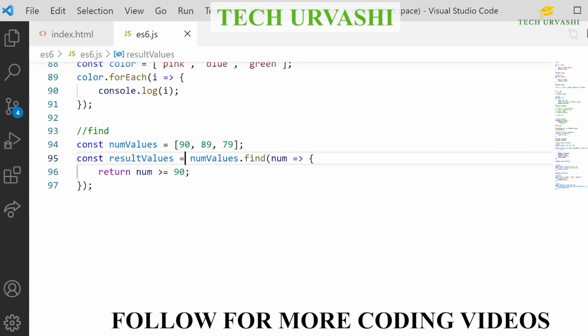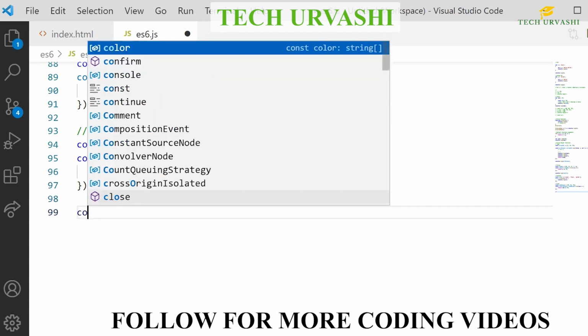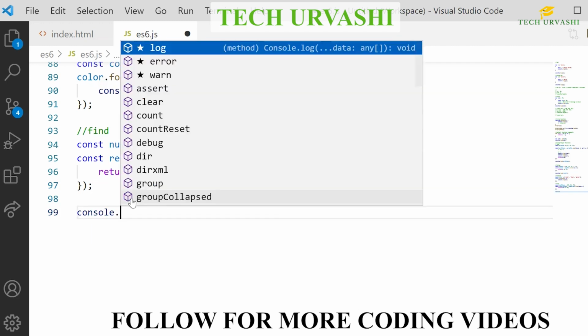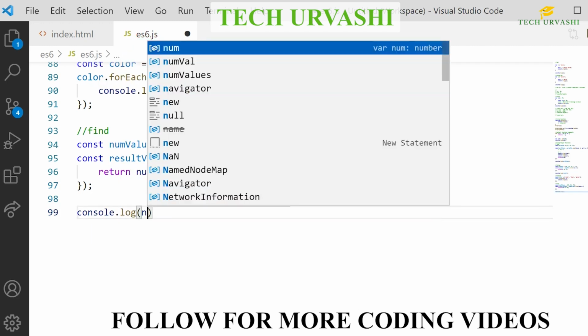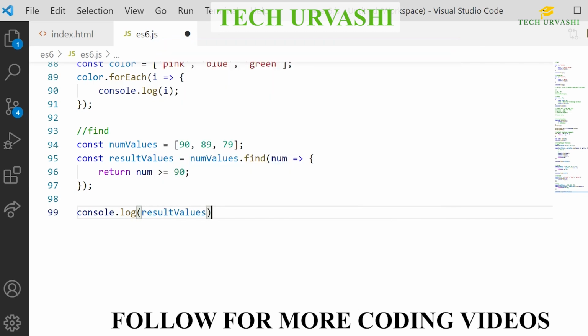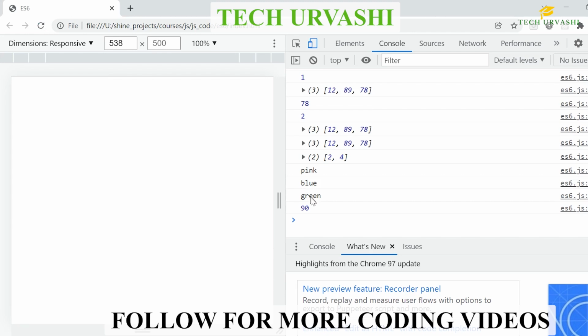It is going to iterate over the array until any element passes the test. So 90 will come here in num, and 90 greater than or equal to 90 is true. The moment the first test is passed, it will return and will not go to any other element after that. So only the first element that passes the test will be returned. If I do console.log of resultValues, I will get the output, and here I can see I get 90.